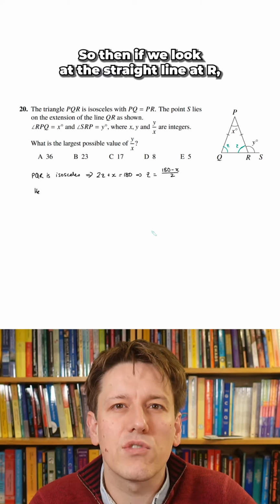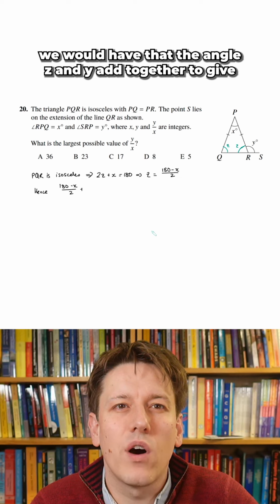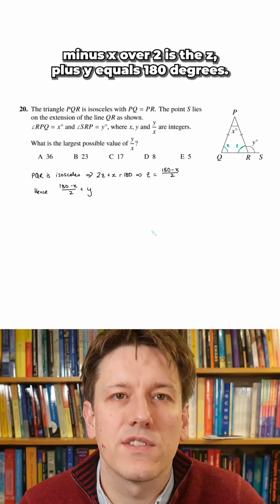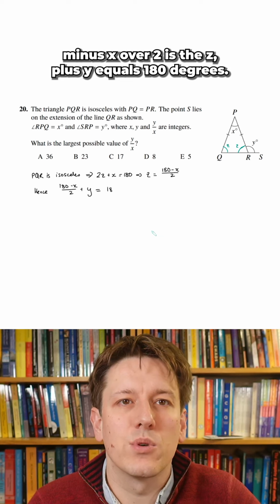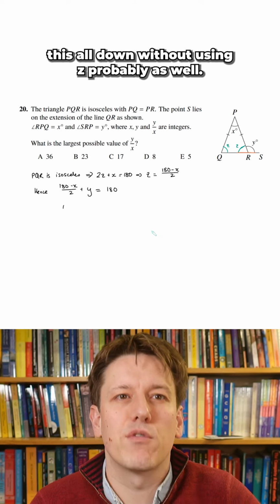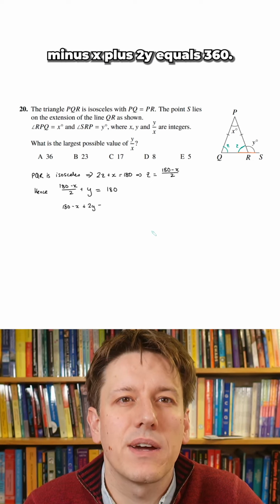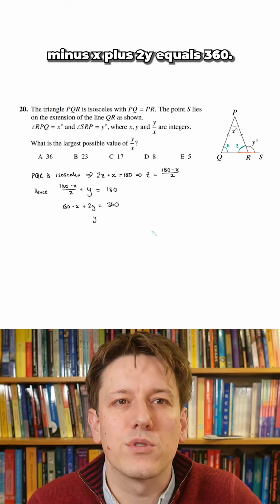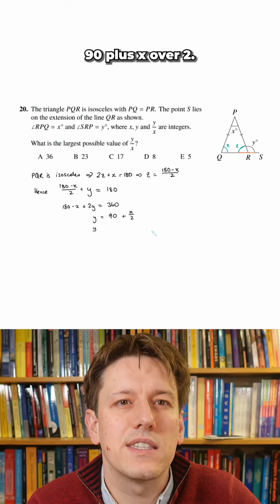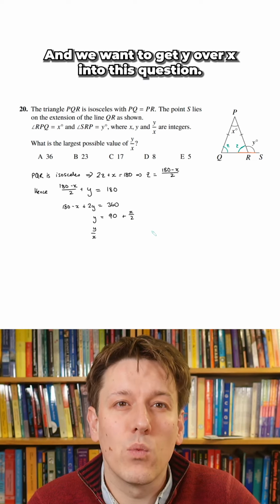So then if we look at the straight line at R, we would have that the angles z and y add together to give 180 degrees. So (180 minus x) over 2 is the z, plus y equals 180 degrees. We could have written this all down without using z probably as well. So if we just multiply this by 2, we get 180 minus x plus 2y equals 360, and we could rearrange that to give y equals 90 plus x over 2,